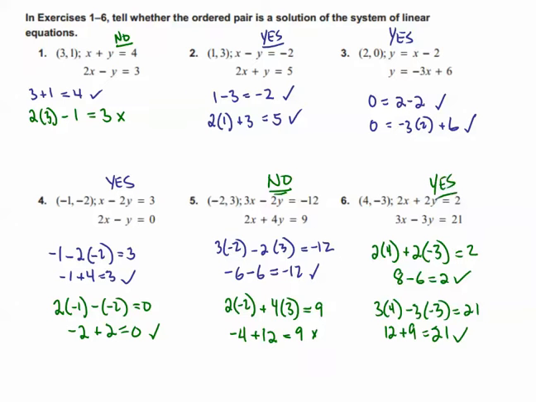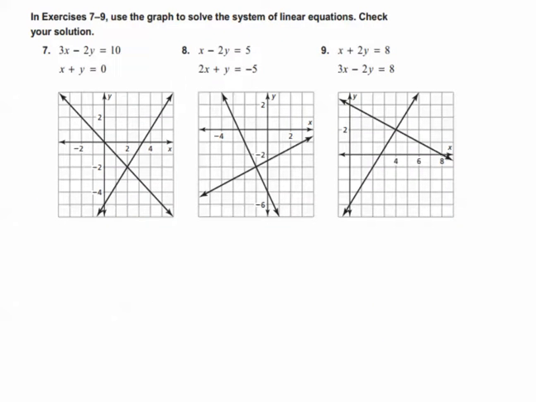All right, we're going to go on to the next set of problems here. With the next set of problems, we're given 3 graphs. We want to use the graph to solve the system of linear equations and then check our solutions. Well, it appears that the first graph has a solution of x is 2, y is negative 2. And to check our solution, we should plug in x is 2, y is negative 2, and see if we